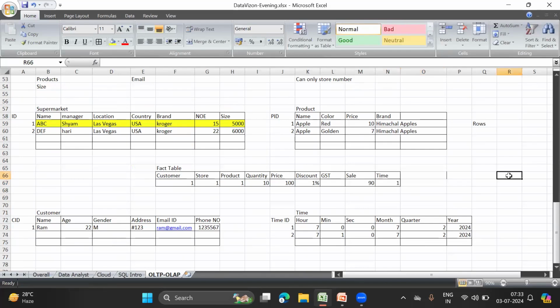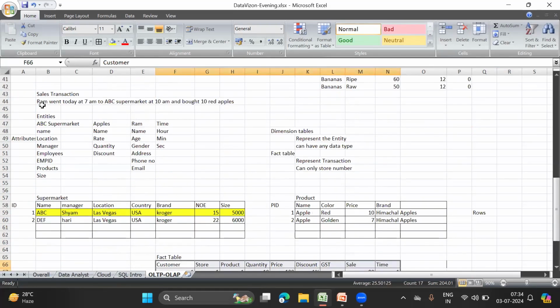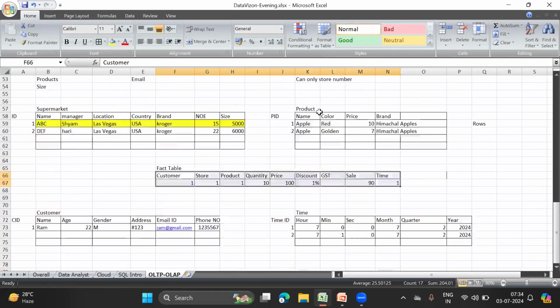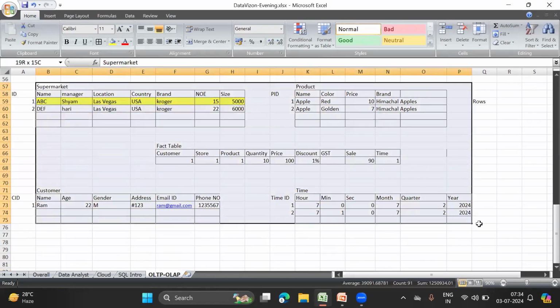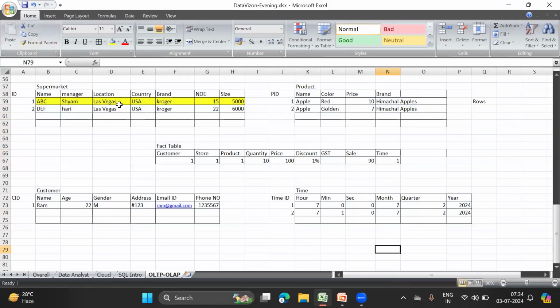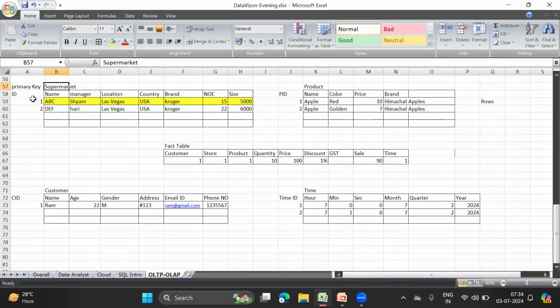Okay, now this is a fact table. If you look over here, this is a numerical or tabular representation of this sales transaction. Whatever information, if I give someone this line, or if I give them these tables, anyone can understand what is going on. One thing we have done: these ID columns are an identifier for a table and they are called primary keys. So the primary key is a key for a table which helps us to uniquely identify each and every row or each and every instance of an entity.